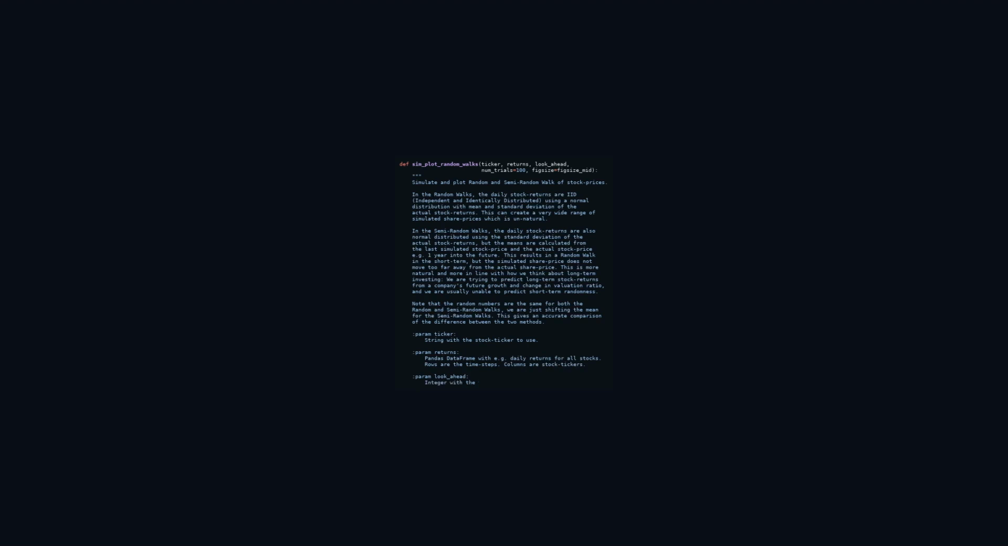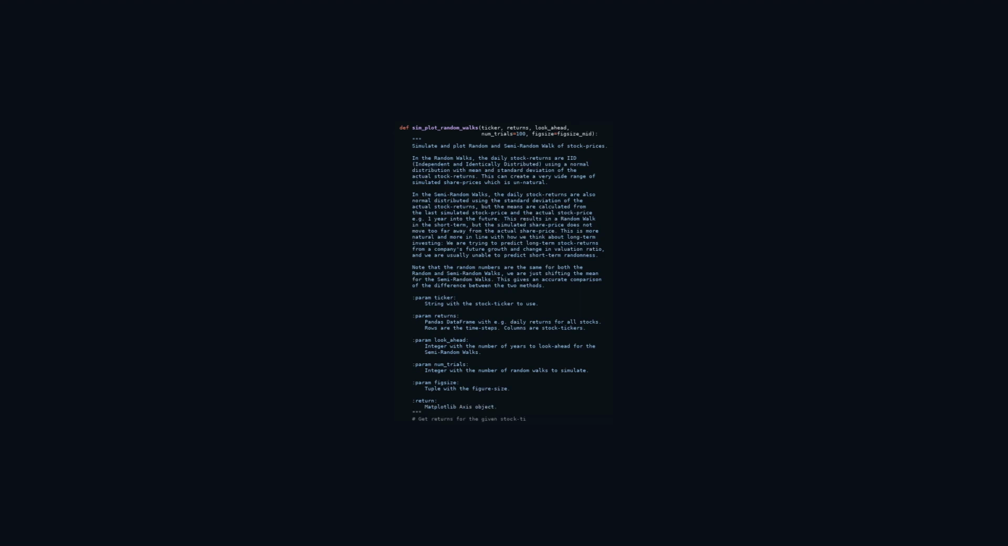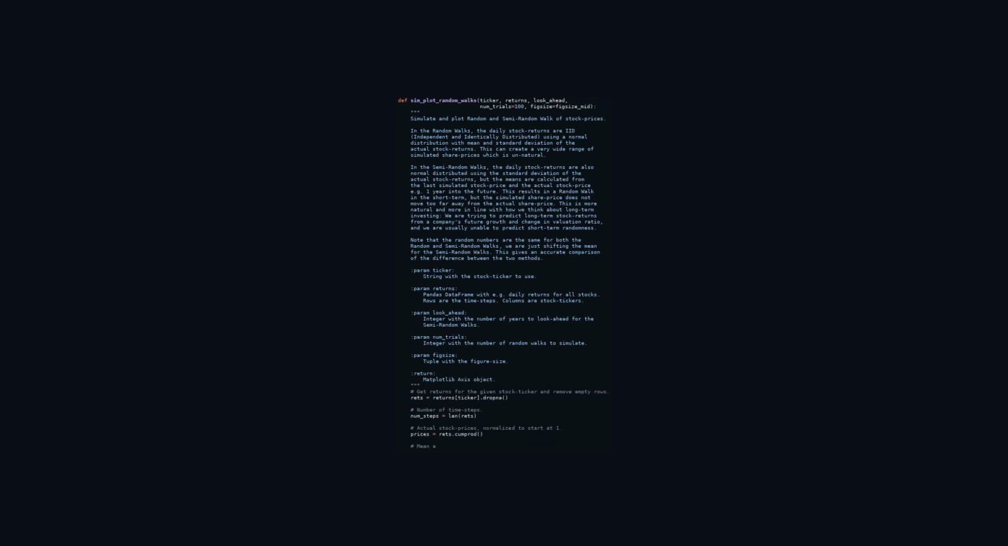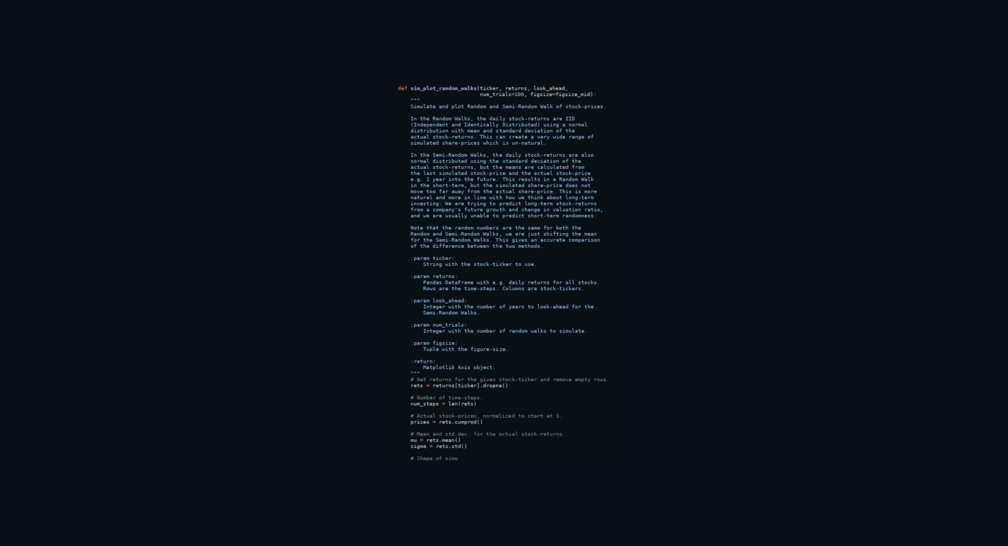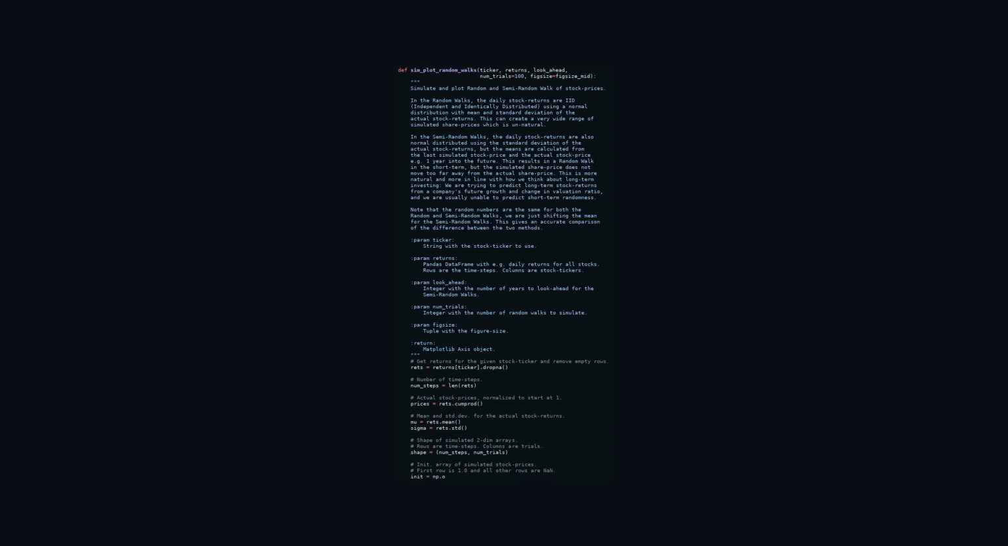of actual behavior. Conversely, in the semi-random walk scenario, while the daily returns are still normally distributed based on the actual return's standard deviation, the means are calculated differently. Here, the mean is derived from the last simulated stock price and the projected future stock price, resulting in simulations that exhibit random walks over the short term but do not stray significantly from the actual stock price over the